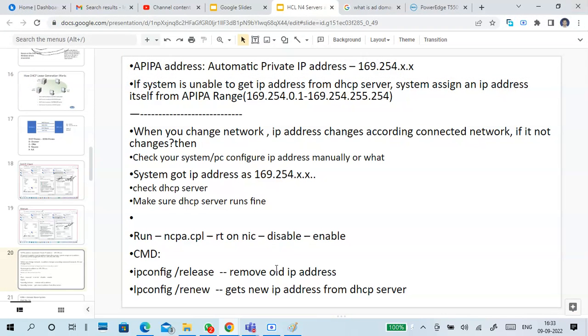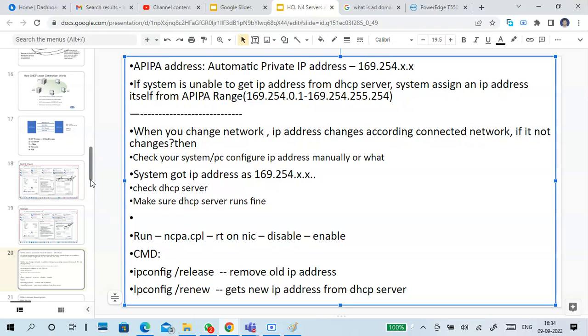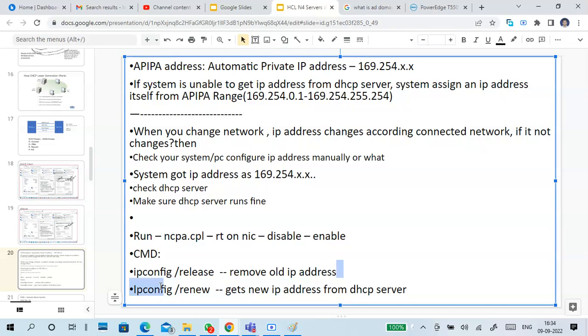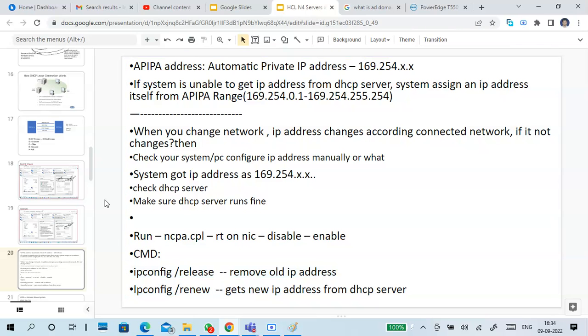Or you can use the command prompt: go to ipconfig /release, and it will remove the old IP address. Last time one batch got this question, how to flush the IP address. So ipconfig /release removes the old IP address, and renew tries to get a new IP address from the DHCP server. It means the DORA process will start again.